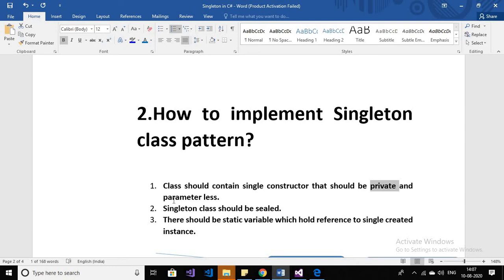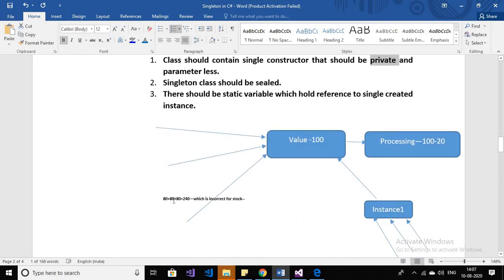So our aim is achieved by using these three things: private, so no one can create an instance; sealed, so no one can inherit; and third, a static variable, by which we can access the singleton class instance.